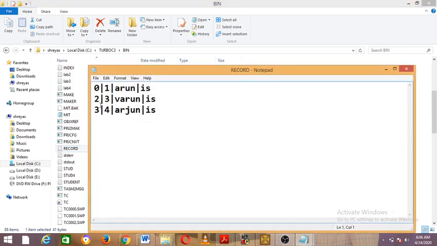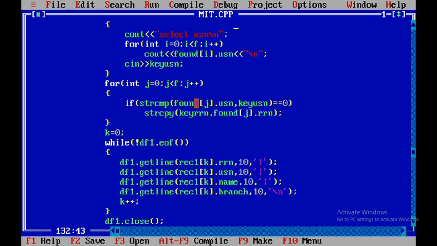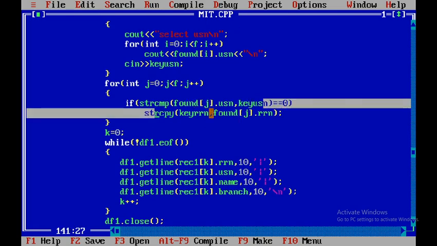Okay, so for better understanding, you can use USN as 10, 11, 12, so we will not get confused with the RRN value. RRN value is 0, 1, 2, 3. I'm deleting the RRN value 1, whose USN is 2. I used 2 to find out the RRN. Yes or no? I'll just show it here. Where did I use the USN? Just see here. I use the USN, that is, what the user has entered, to find out his RRN value.